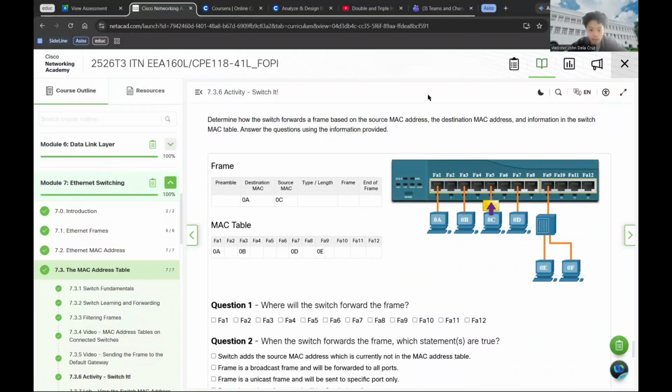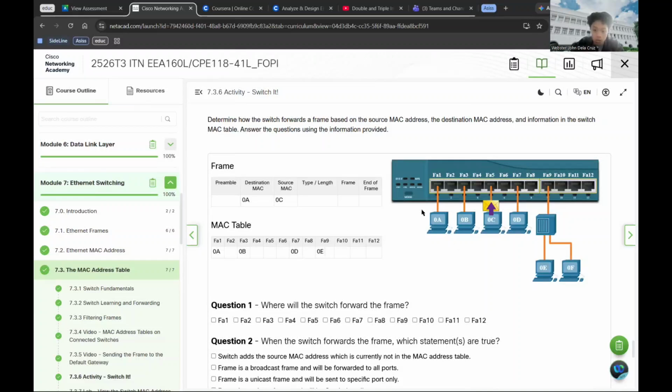For the second problem, for number 2, the source MAC is 0C and the destination MAC is 0A. When the switch needs to forward the frame, it looks at the destination MAC address. In this scenario, the frame's destination MAC is 0A.